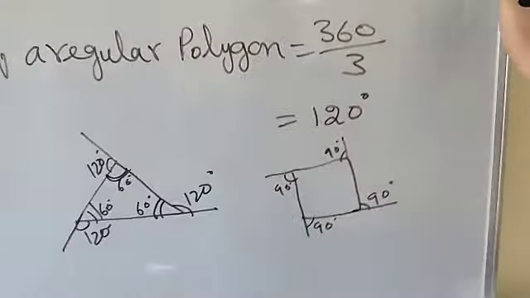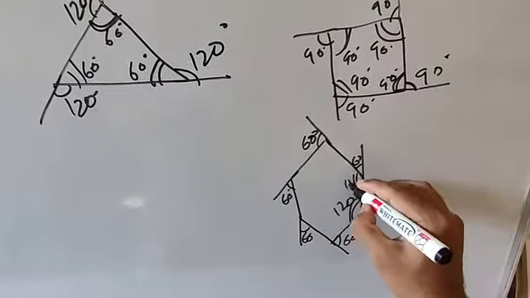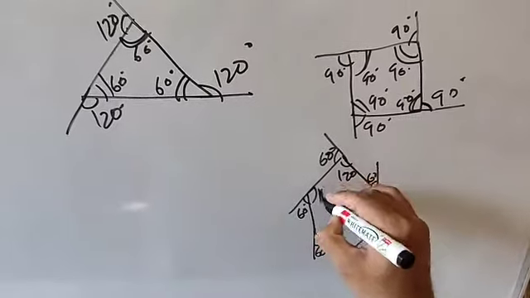Now I am going to take a hexagon. Suppose I take a hexagon and mark the exterior angles like this. For the hexagon, the number of sides is 6, so each exterior angle is 360 upon 6, which is equal to 60 degrees. So each exterior angle is 60 degrees here. Now if it is 60 degrees, what will the interior angles be? 180 minus 60, that is 120 degrees. In the same way, this is 120 degrees, this is also 120 degrees.